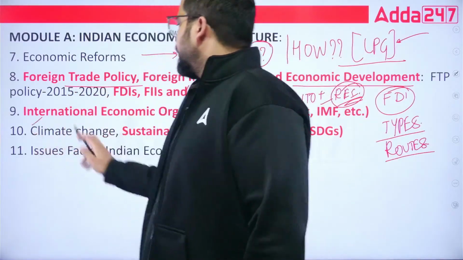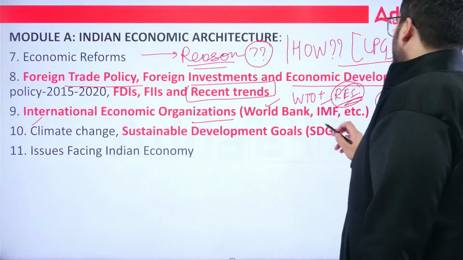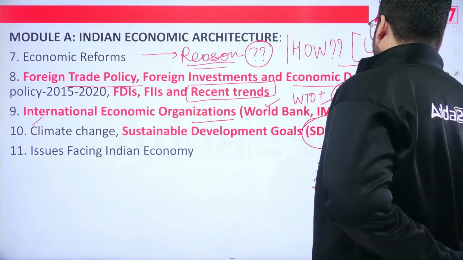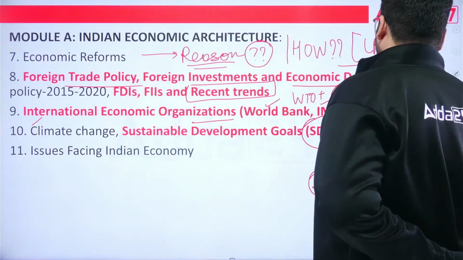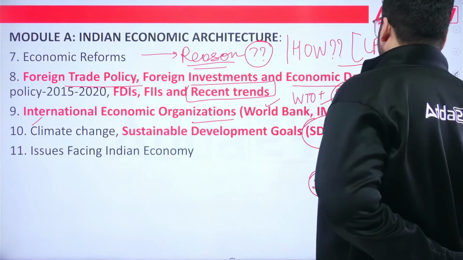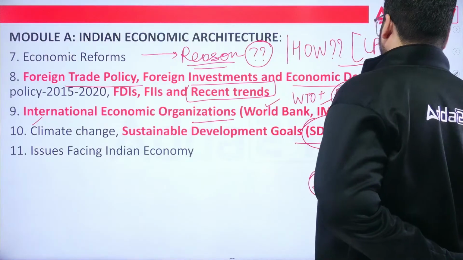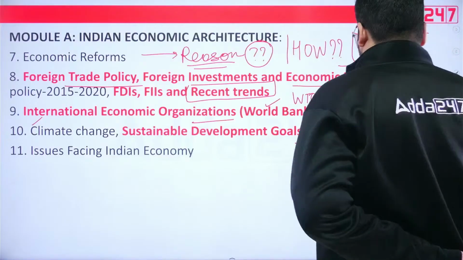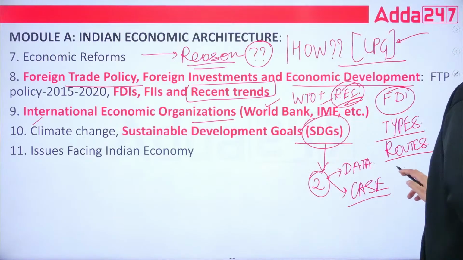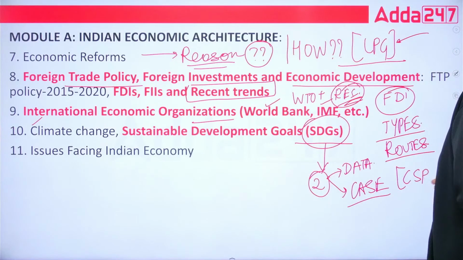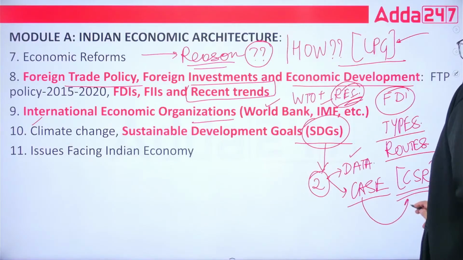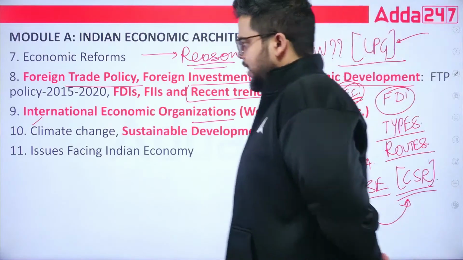Then comes your climate change, sustainable development goals. From SDG, you can expect again 2 types of questions. One, data based, and the data for the sustainable development goals only. Second, case studies. Once in unit number 10 they asked a case study of CSR, corporate social responsibility. So the data of SDG, along with the cases from where the questions can be asked,